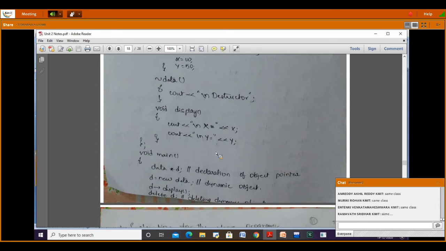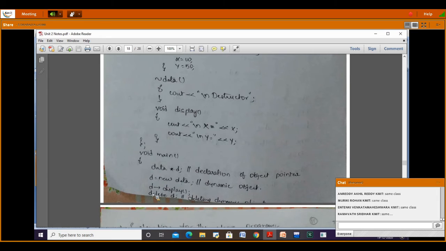Then I say d = new data. As d is a pointer, for accessing the members of a class we need to use the arrow operator.